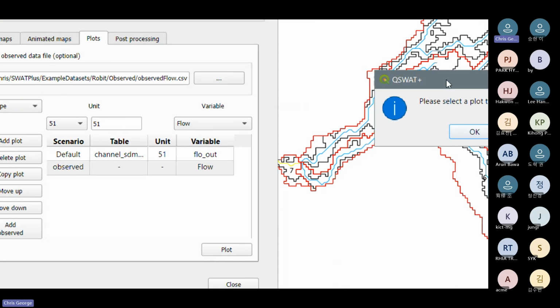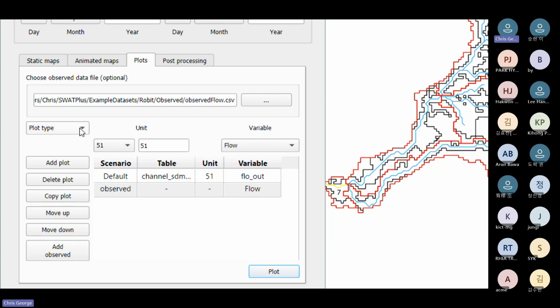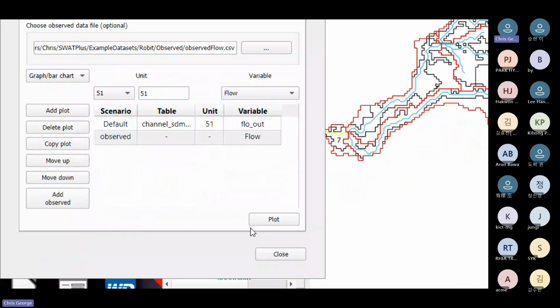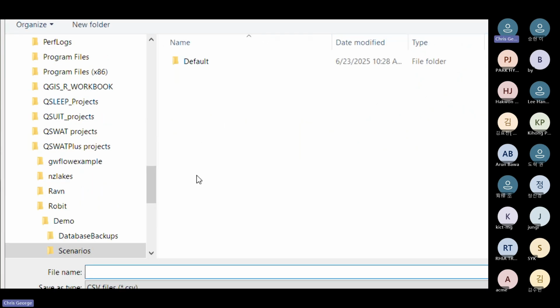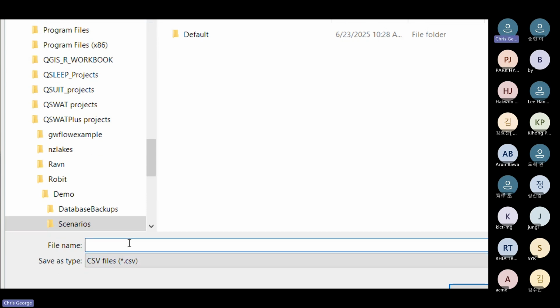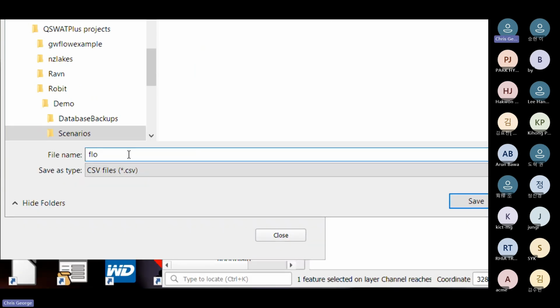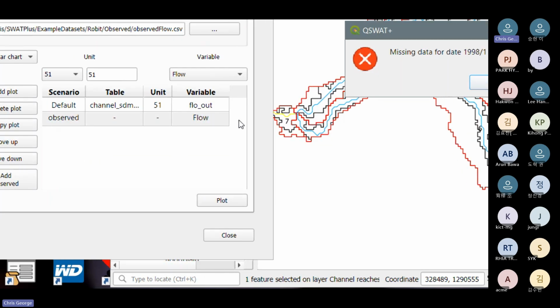So I click plot, and I've forgotten to select the plot type, which is, I'm going to say graph or bar chart. Now it immediately says I want you to save the data. Right, this is the convenience for me. It's also useful for you because it's going to extract a particular set of numbers out of all the masses of data you've got, which you may want to analyze yourself. Right? So because of that, it says, I want you to give me the name of a CSV file, which gets put into the,